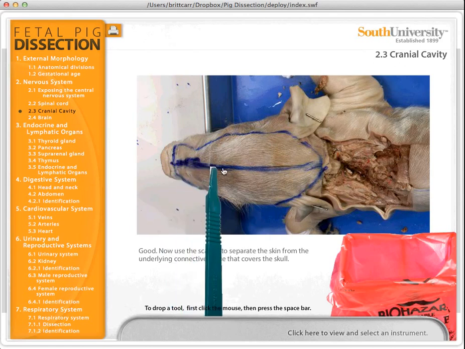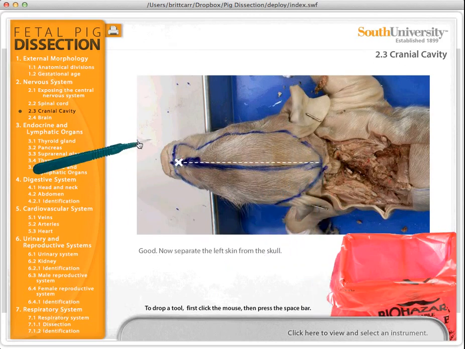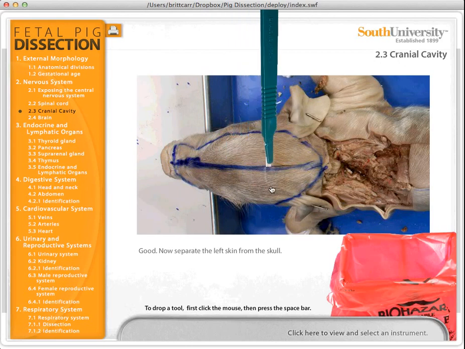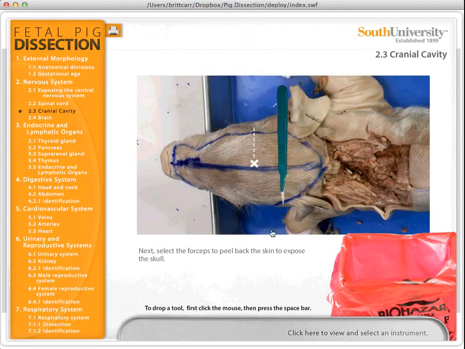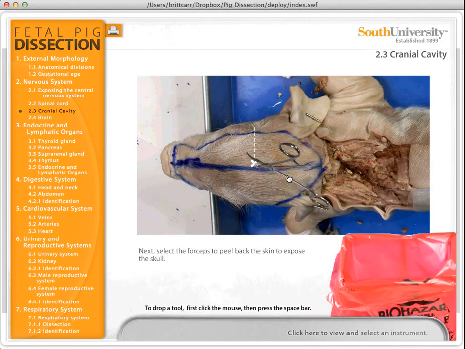separate it from the skull. So that's what we're doing now, is separating the skin so that we can peel it back. We have to do it to each side. Okay, now it's time to switch over to our forceps and grab the piece of skin at the X and peel it in the direction